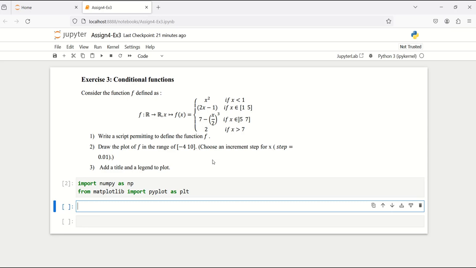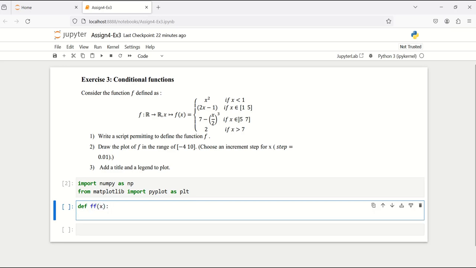I would like to stress a detail. This is my function. I'm going to call it f, or instead I'm going to call it ff. As input you have x, with x real. This is your input x. Inside this function we will do an if: if x less than 1,